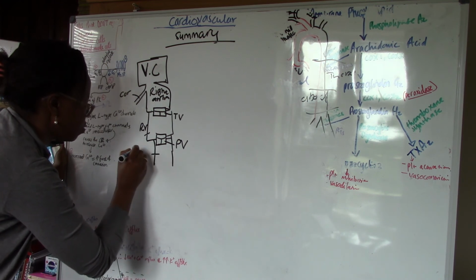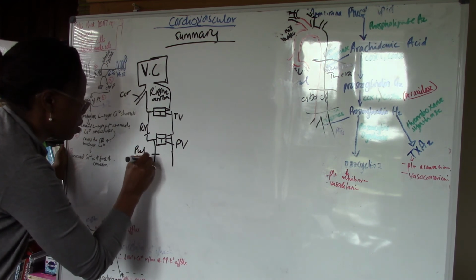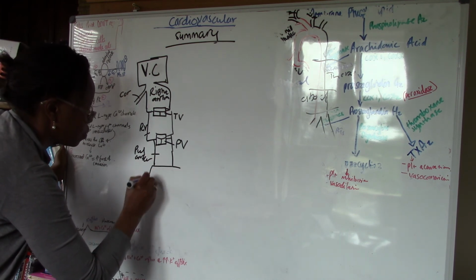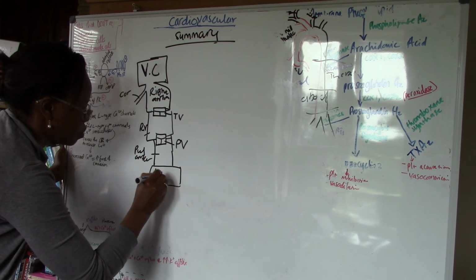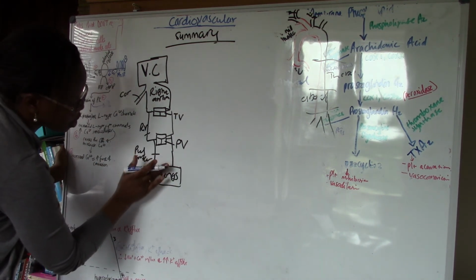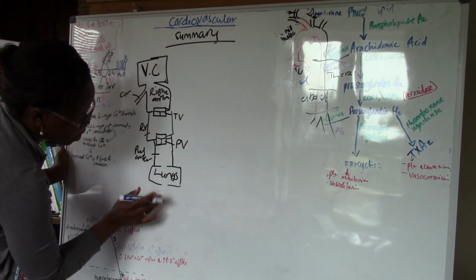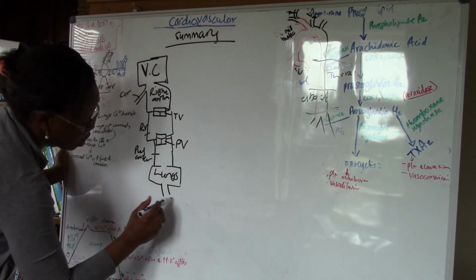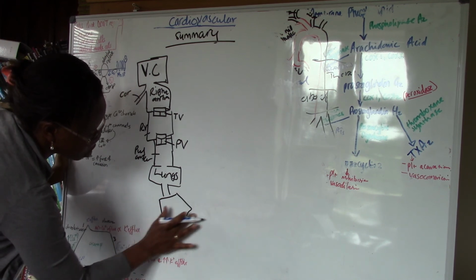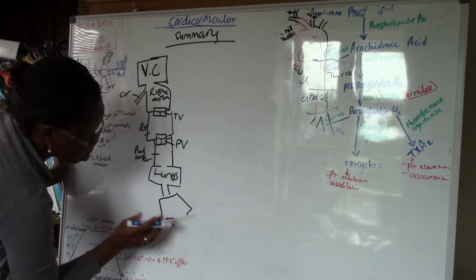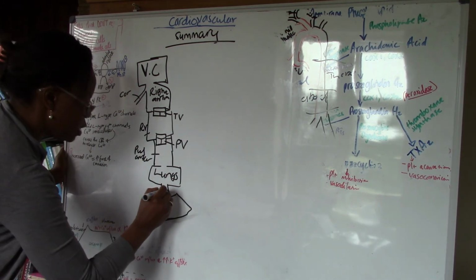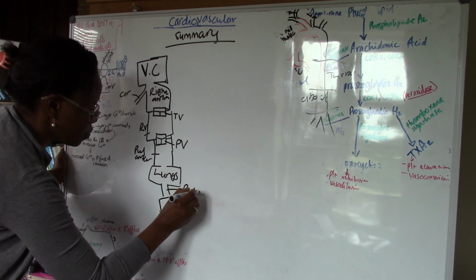So this is the pulmonary artery, goes into the lungs, gaseous exchange occurs, blood then comes out of the lungs, enters the pulmonary vein,